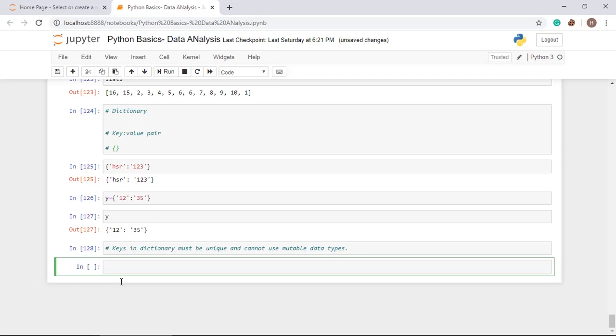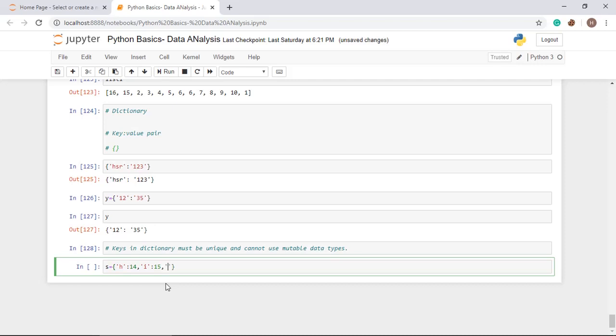All right. So let's see how to access a value from the dictionary. First create a dictionary S and put different elements: H has value 14, put a comma, I has value 15, again put a comma. When you put it in quotes, it will be treated as a string, otherwise it will be treated as a number.